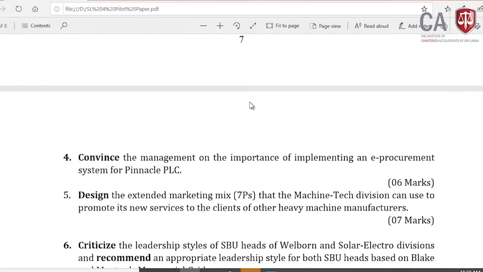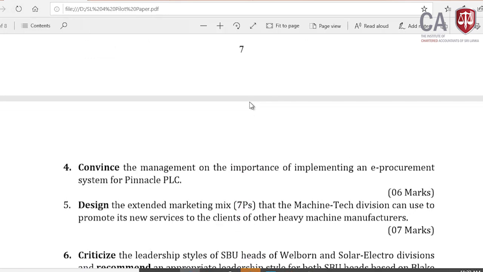What is part 4? Convince the management on the importance of implementing an E Procurement system for Pinnacle PLC. Now, if you look at part 4, is there any application you have to extract from the given scenario? No, the only thing you have to extract is that they are going to implement the E Procurement system, but in part 4 the examiner wants to test the theory part, as it is asking you to convince the management on the importance of implementing an E Procurement system